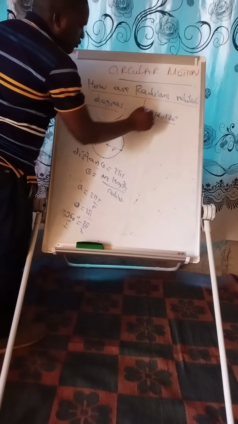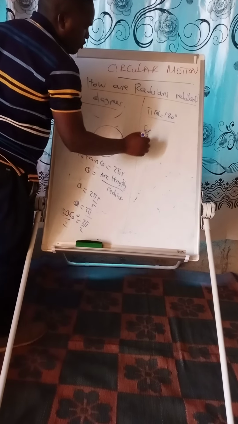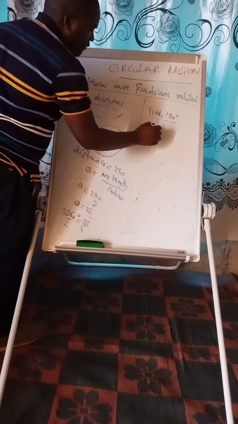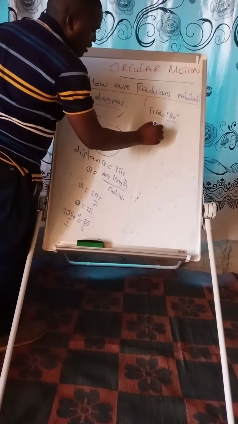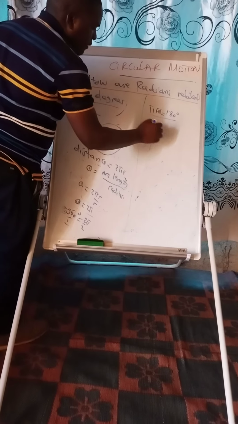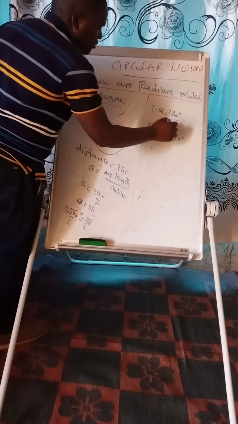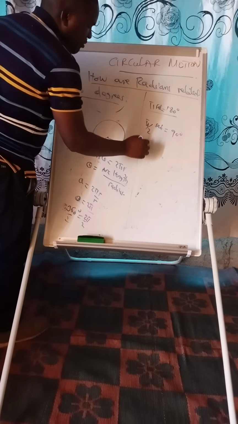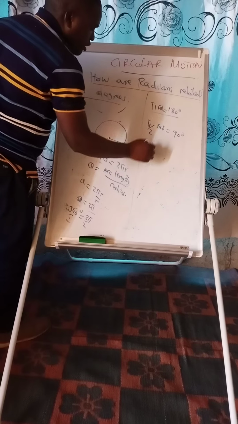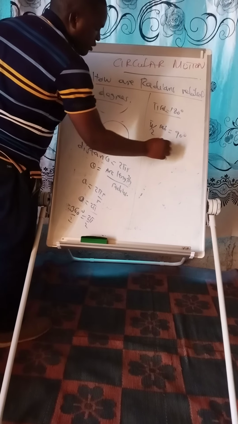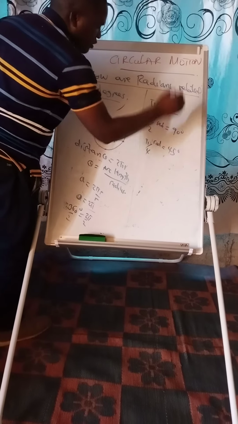Or if you divide by 2 both sides, half pi rad is equal to 90 degrees. Or if you divide by 4 here, it will be a quarter pi rad equal to 45 degrees,